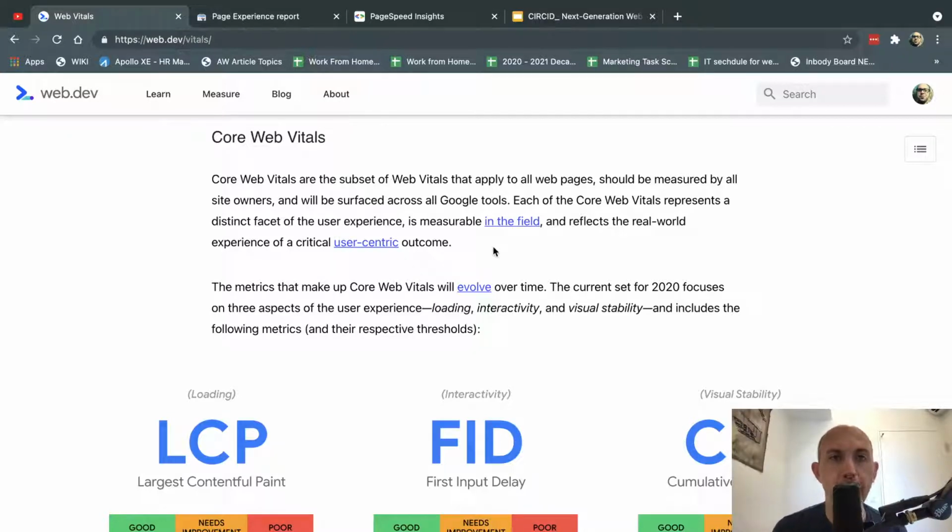So what are the three things that are most important with Core Web Vitals? LCP, FID, and CLS. There are a few other things that are talked about, but these are the most important ones, especially the LCP and the CLS. So what I'm going to do is jump to one testing tool, and then we're going to go back and go into detail.